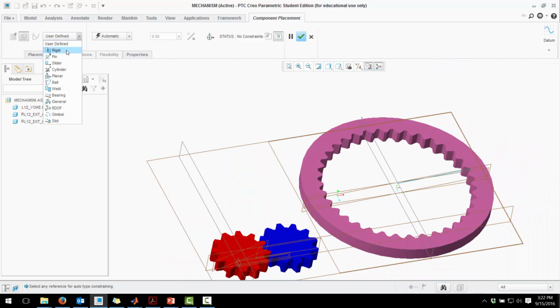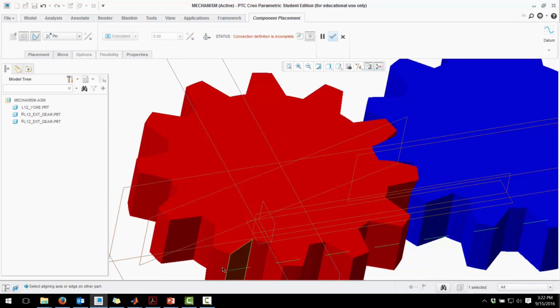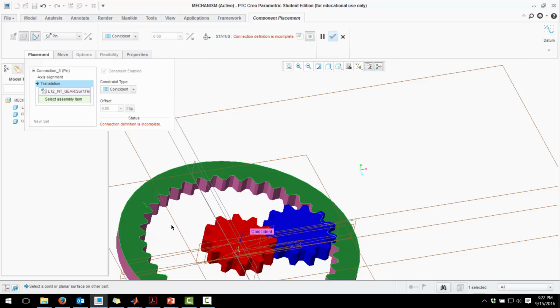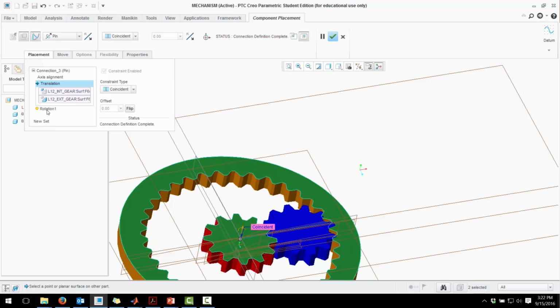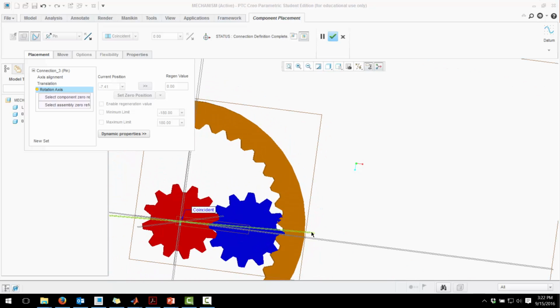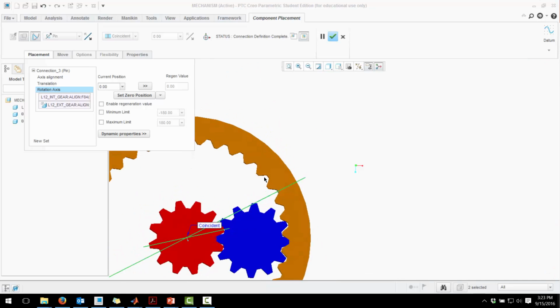And same thing, it's going to be a pin. And we're going to let the center of the ring gear reside at the center of the sun gear. And then for translation, we'll let the top of the ring gear reside with the top of the sun gear. And for rotation, we have another align plane drawn here, and we'll use the sun's align plane, and we'll set that equal to 15 degrees, and then set that as the 0 position, and everything looks like it should be lined up